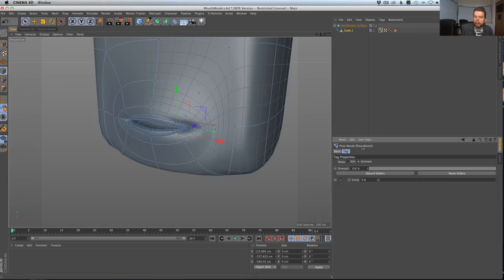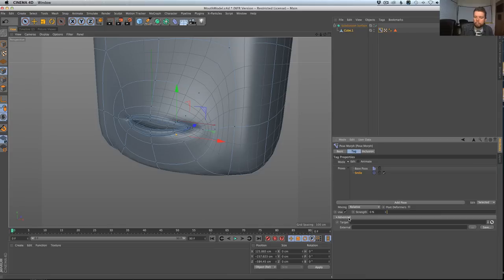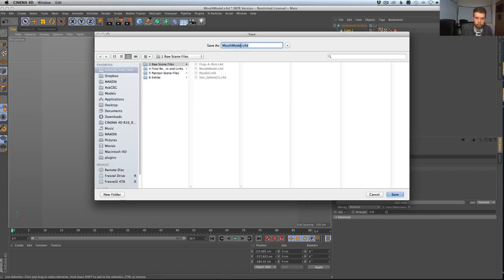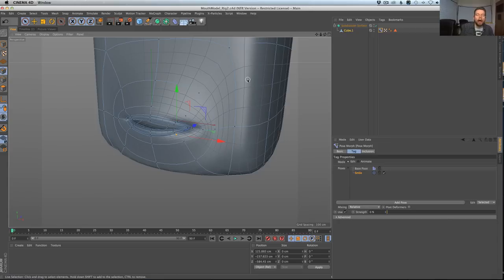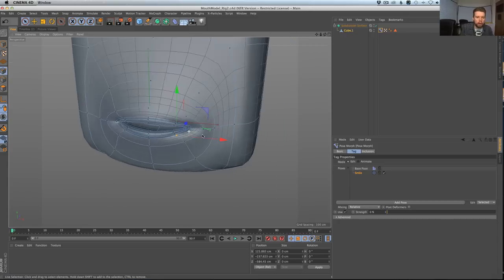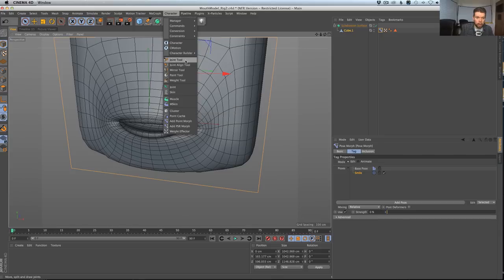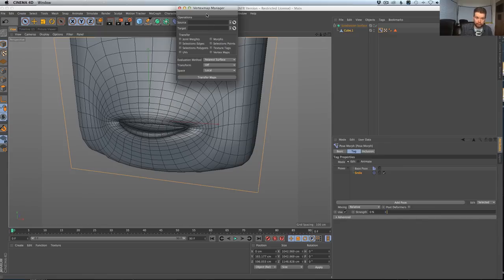So this always gets a little twitchy here. We'll have to see how well we can do it. I'm going to save it as model rig 2. I'm going to try and mirror that setting to the other side. And let's do that via the character manager vamp. I think it's vamp. So we're going to click on vamp.